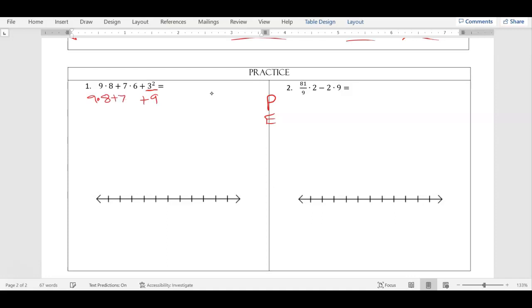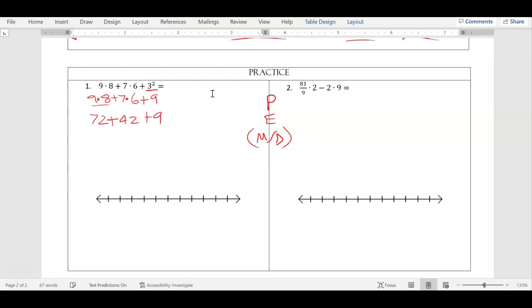9 times 8. 7 times 6. That's all of our E exponents. Now remember, this next step is M/D. Any multiplying or dividing in one step, we're going to look from left to right. So I'm starting on the left, I have, oh, hey, 9 times 8. Mental math is 72. Hopefully you can do that. If not, you want to work on those mental math skills, and ultimately we will have calculators in the future, but not today. 7 times 6 is next. It says plus sign, and then 7 times 6 is 42